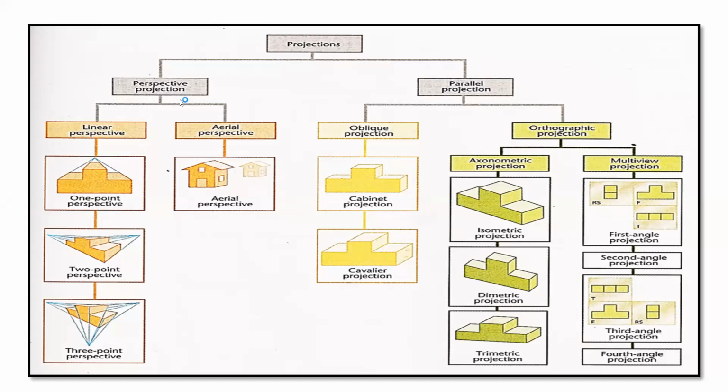In perspective projection, the image projected on the screen behind the object depends on the position of the observer from the given object. As the observer changes position, that is the distance with respect to the object, the size of the projected image will change. That is called perspective projection.